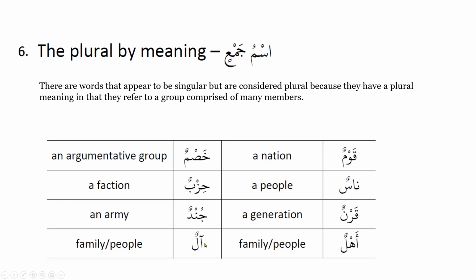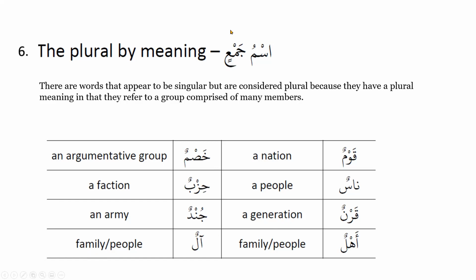Like Surah Ali Imran. Also in the salah, every time, what do we say after at-tahiyyat? Allahumma salli ala Muhammad wa ala ali Muhammad, ala ali Muhammad, the family of Muhammad. So you're saying, oh Allah, have blessings on Muhammad, peace be upon him, and also the family and the followers of Muhammad, peace be upon him. So al could be family and people, people who are following. So al also means family, people.